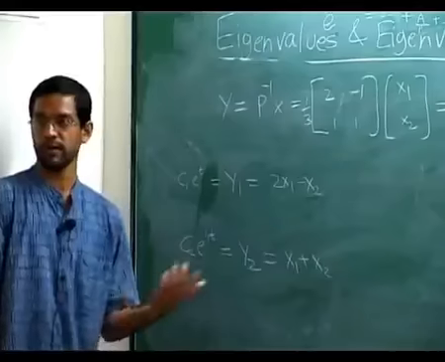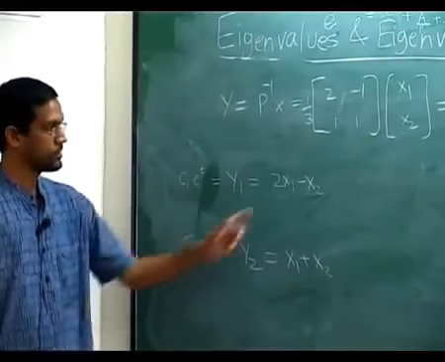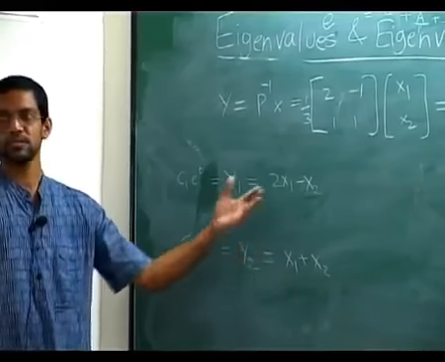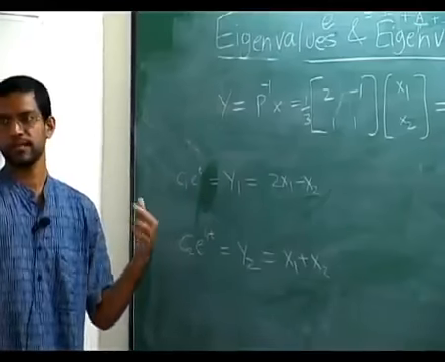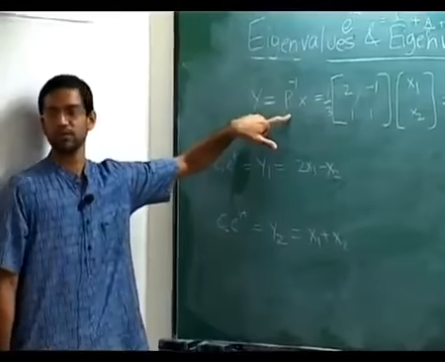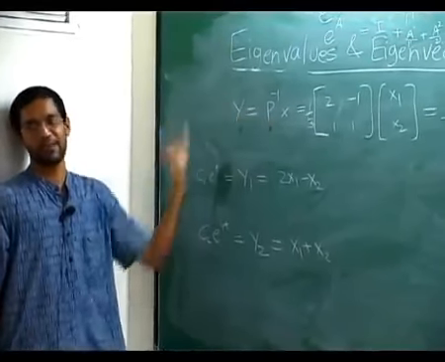These were our y1 and y2. So we know y1 is this fellow, y2 is this fellow, which means I have two equations in x1 and x2, just two linear equations which I can solve for x1 and x2, right? Well, that's one way of saying it, but it's actually much easier because remember, I know how to solve it, right? Y is P inverse times x, so I just multiply by P, that's all.